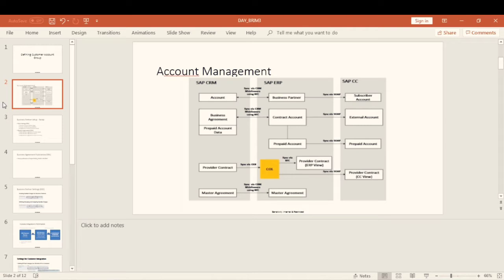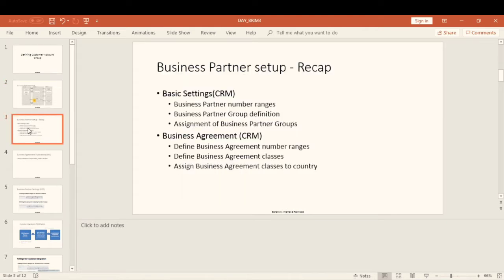we will create the number ranges in the CRM system and set them as internal, because the business partner is getting created in the CRM system, and we will assign the number ranges to business partner groups.